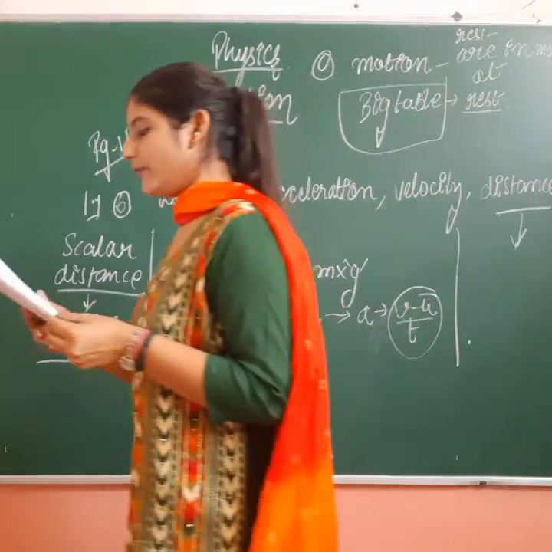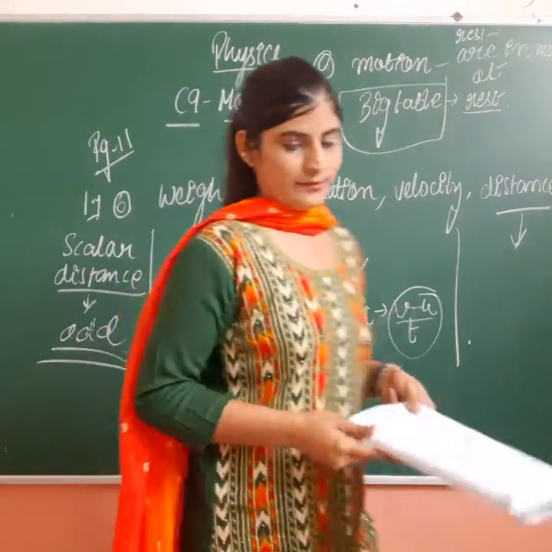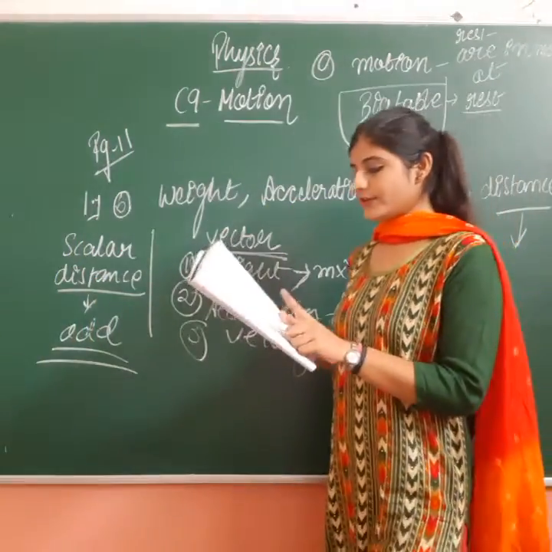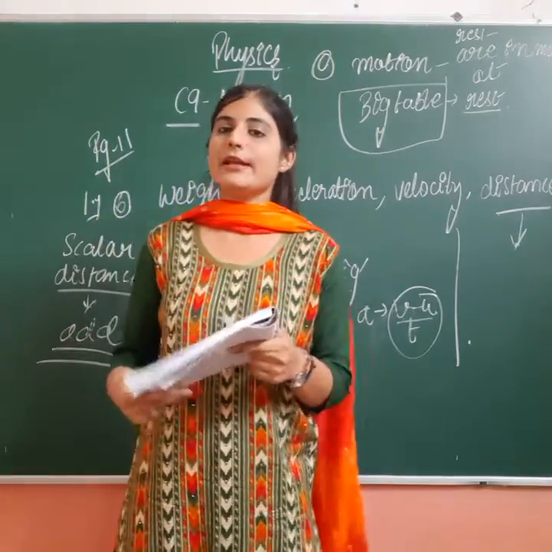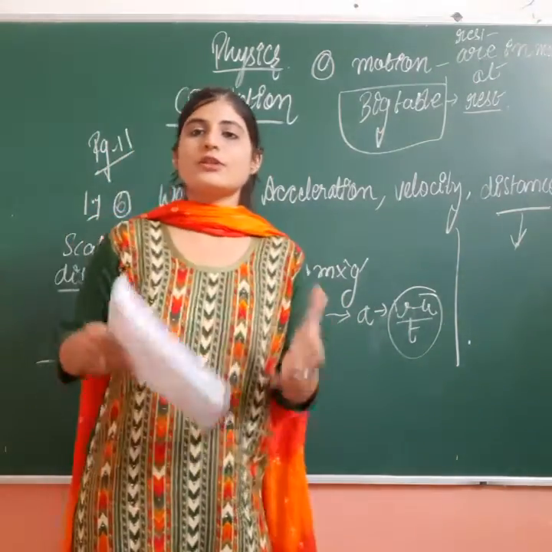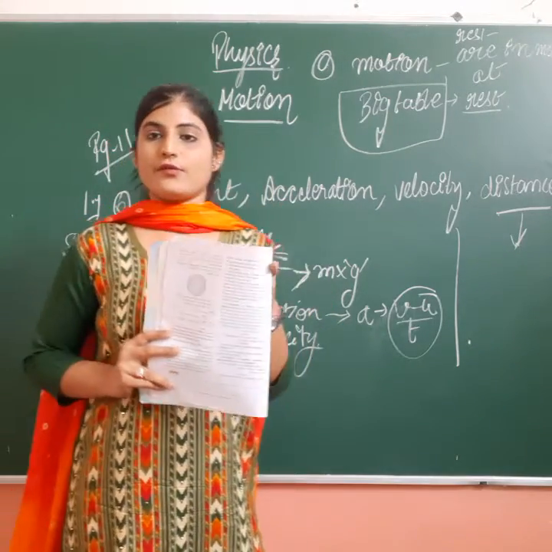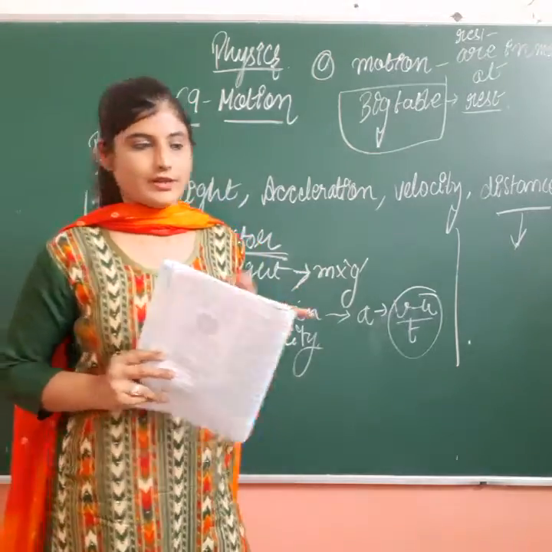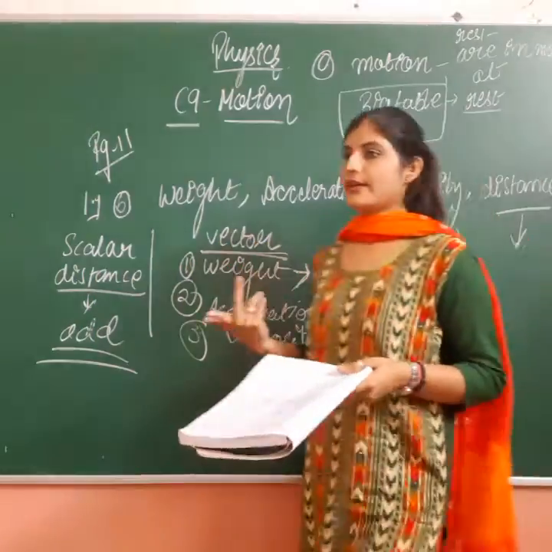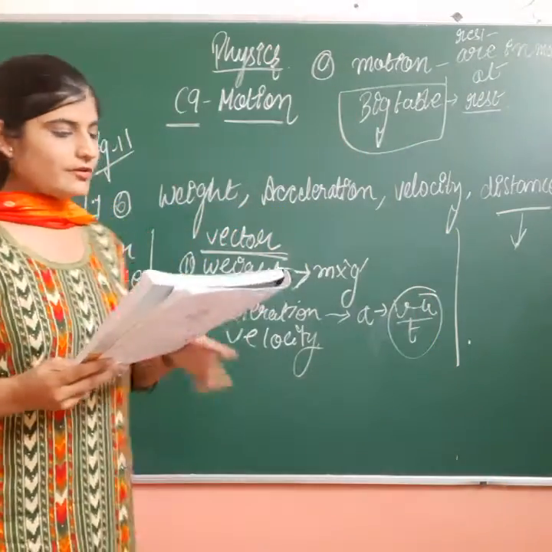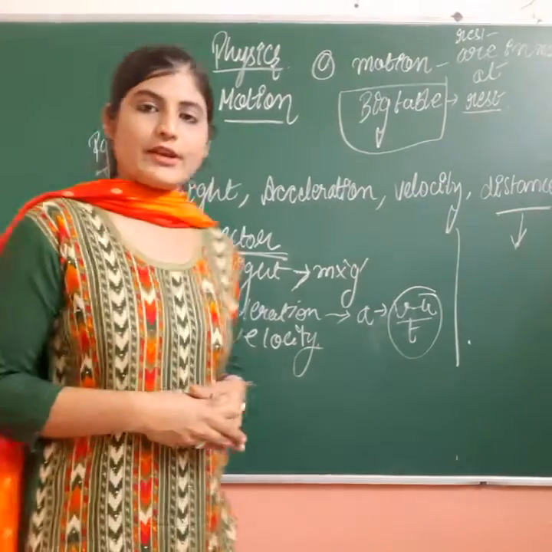Fourth one is give an example to show that rest and motion are relative terms. For this question, we have to take one example or a case study हमें लेनी है जिसमें हम ये दोनों ही चीज़ें, like I have told you there are 2 states, one is of rest and the other one is of motion. So for that case I have to explain to you on the board कि ऐसा कैसे possible है. For that just quickly write down these things in your notebook or in your registers. Okay.